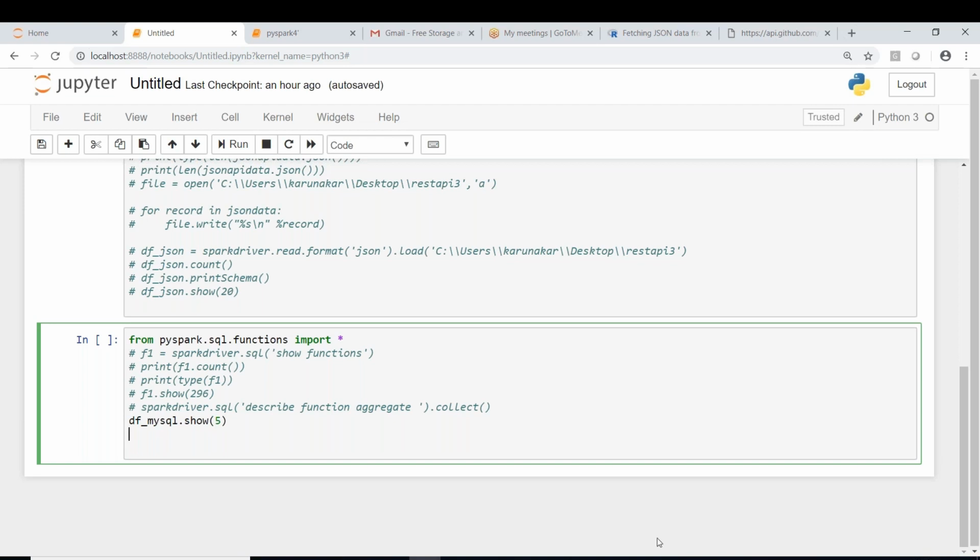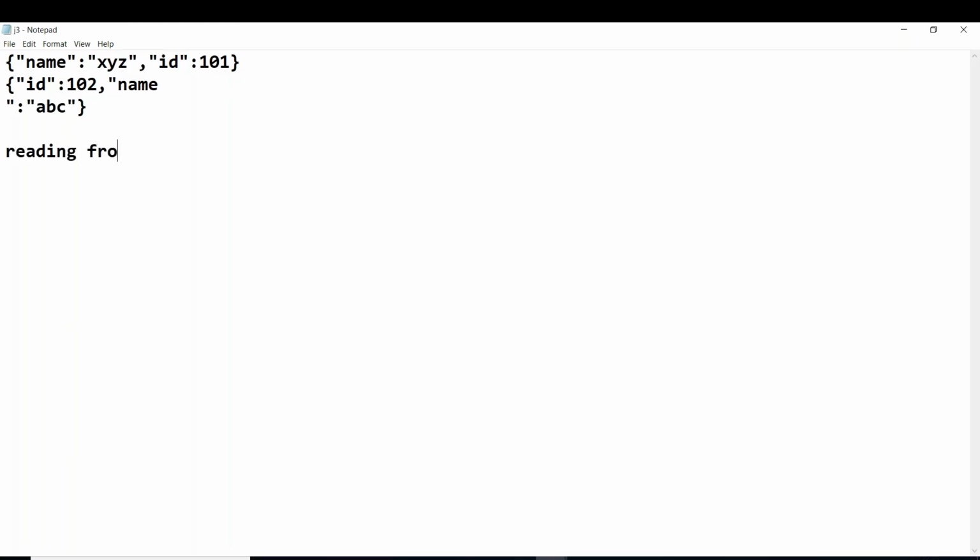The requirement is like this: reading the data from some source on a daily basis, and after that, doing some transformations on the data, and after that, loading the data into some warehouse, like Hive or Snowflake or HBase. Let's say this is our routine task: pulling the data from some source, transforming it, and loading into some warehouse. This has to be done every day.